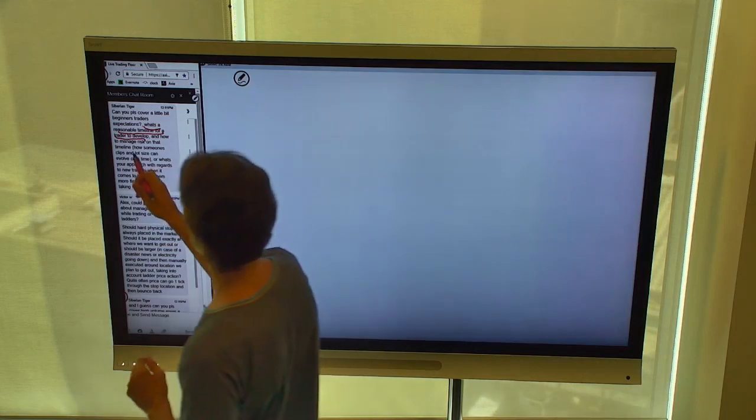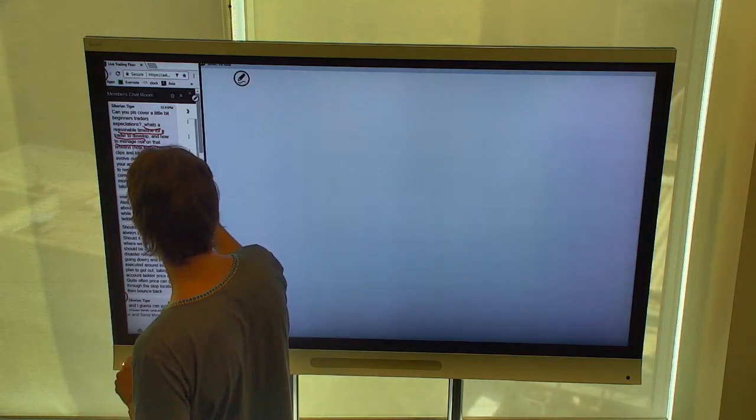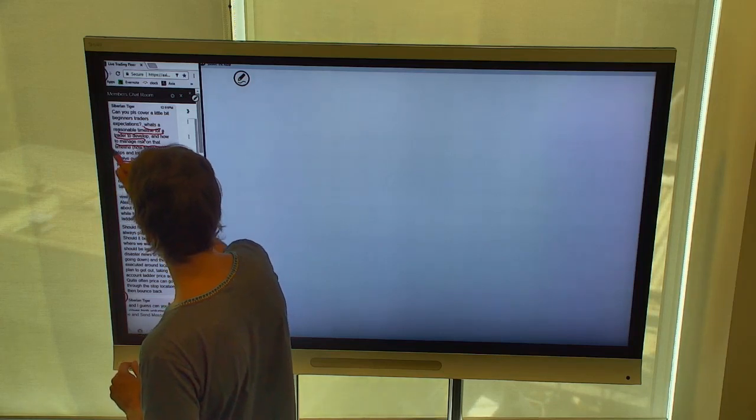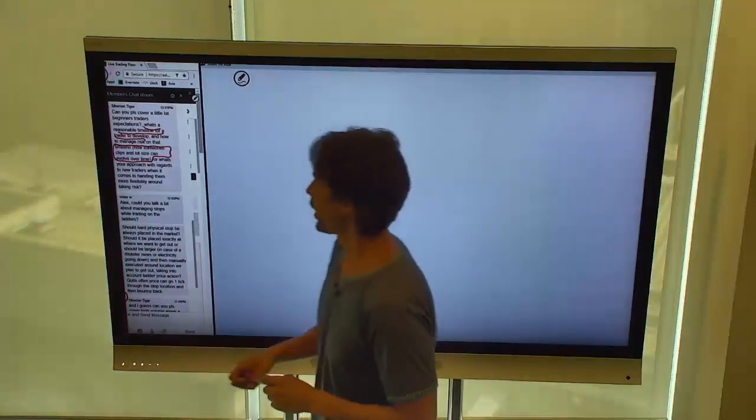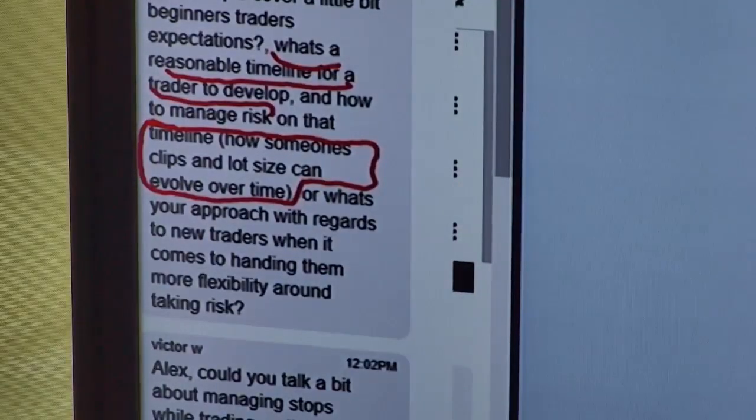Okay, and how do you manage risk? Now, this is really important. How do you manage risk on that timeline? So if we're looking at around 18 months,